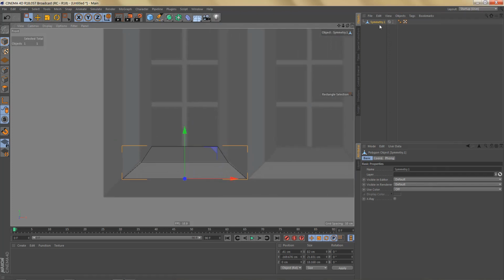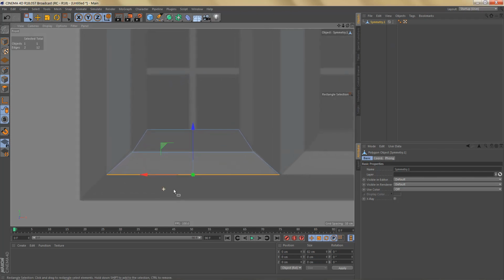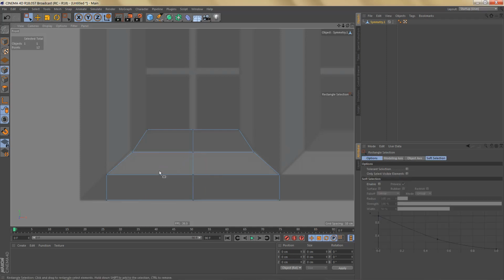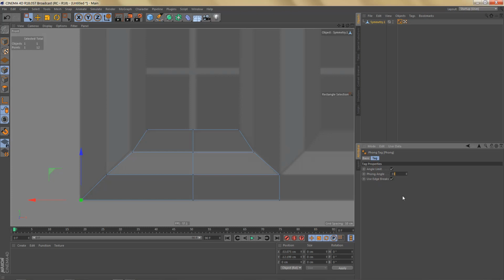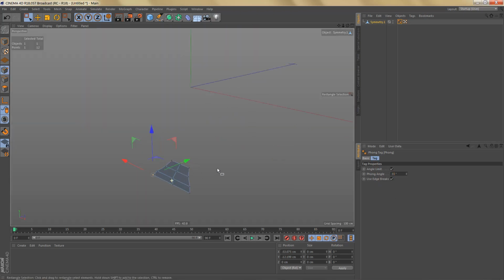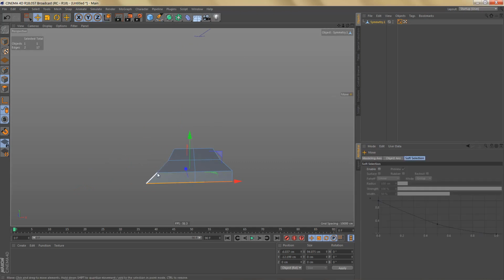And now let's go to edge mode. Going to select these bottom edges and extrude them straight down. Then I'm going to move this point over to here. I think I'll bring that Phong angle down to 33 degrees. So what we can do now is we can select these edges here and these two and extrude them up, scale them down to 0,